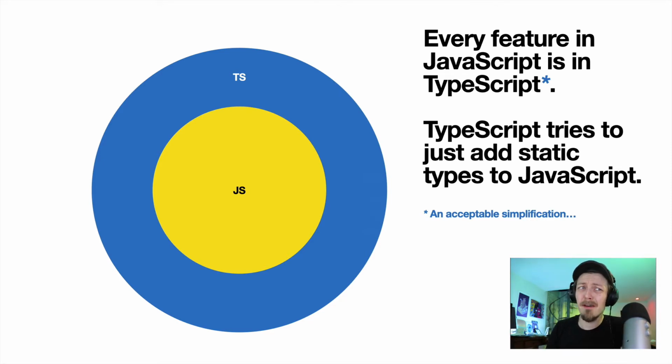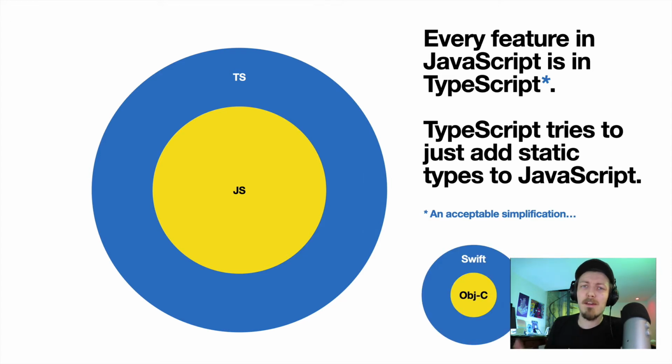One metaphor for thinking about this is, when Swift came out, it did actually support pretty much every feature of Objective-C, because it had to in order to support all of the Objective-C libraries that Apple had built over the last 20, 30 years. And so you can consider a similar metaphor here with the @objc tag and things like that in Swift.